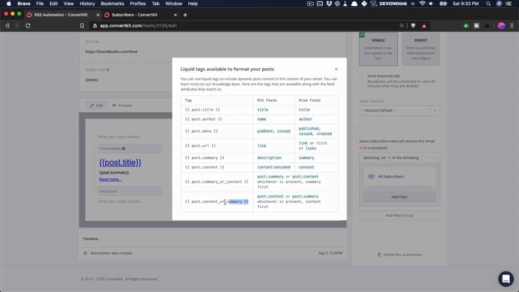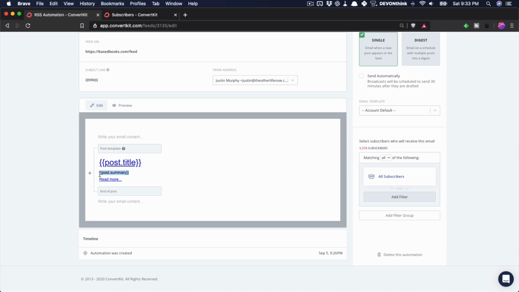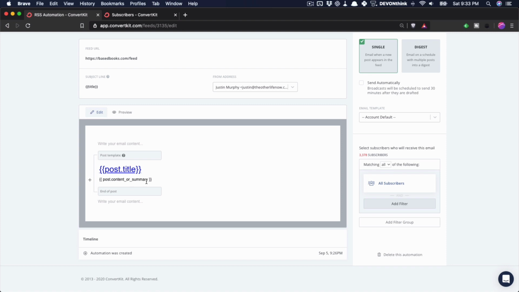Or rather this one, some content or summary. And that's going to default to giving them the whole output of the blog post. Okay, let's go ahead and copy that and then replace this post summary. Okay, and I would also suggest you remove this because you don't need it. If they really want to click through to the blog post, they can click on the post title, which